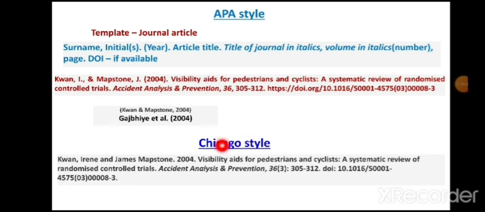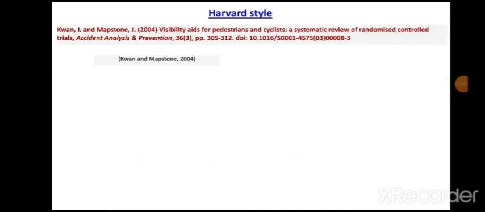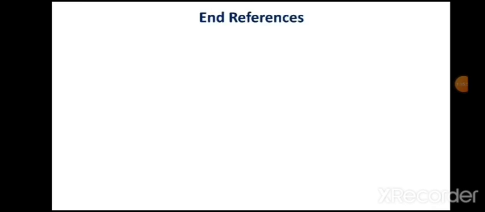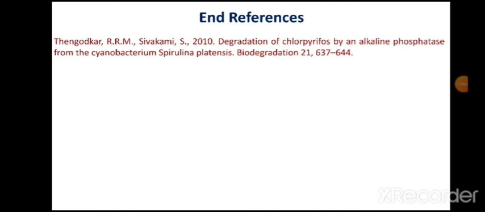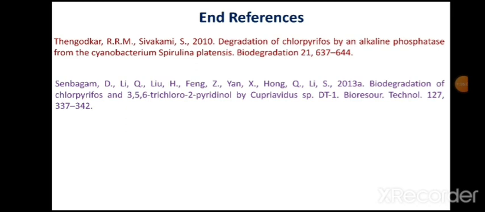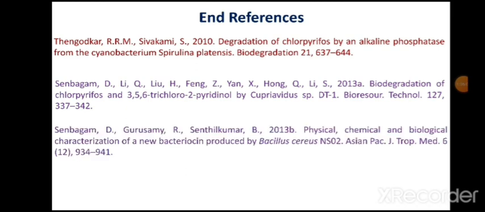This Chicago style is also good. There are very few dots and commas. So whatever you like, you need to follow. You need to write them homogeneously. So that is about the end references. That is how you can write using different standard styles, which are internationally recognizable. That is a part of scientific writing. It is very important in relation to the scientific writing part.